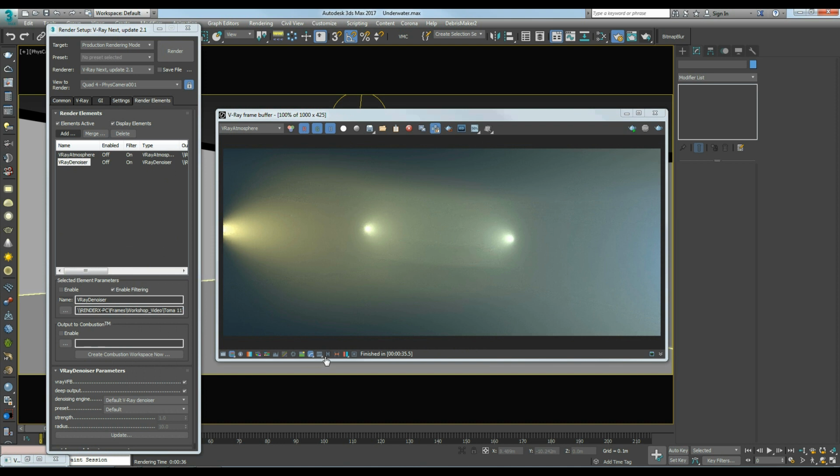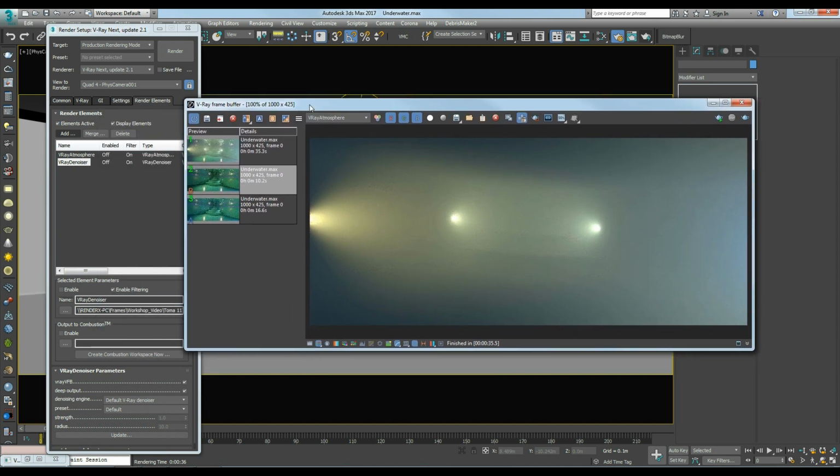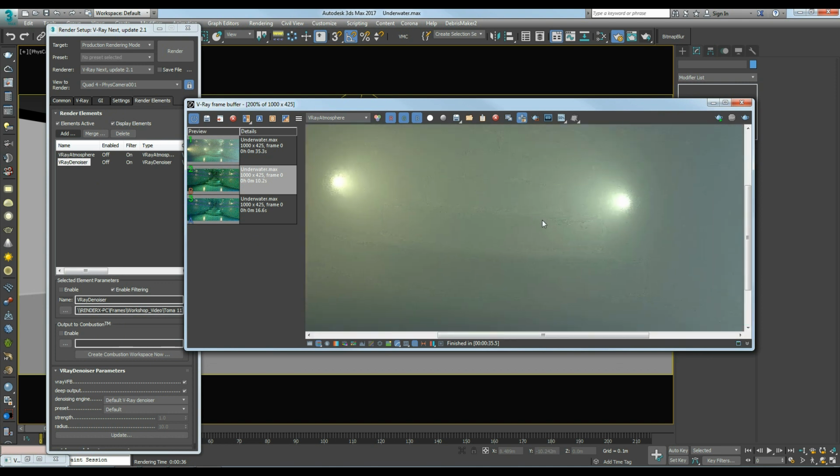Okay, let's save this element. And now, as you can see, here are some artifacts around the lines.